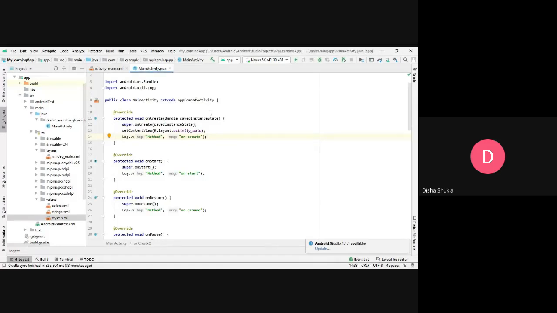So that is what I showed you last time. And besides that, I also gave an example of the activity life cycle, and we saw it live, how each and every state is executed.